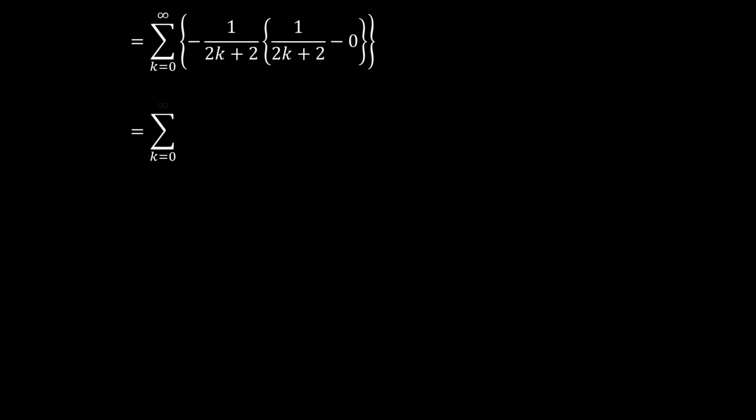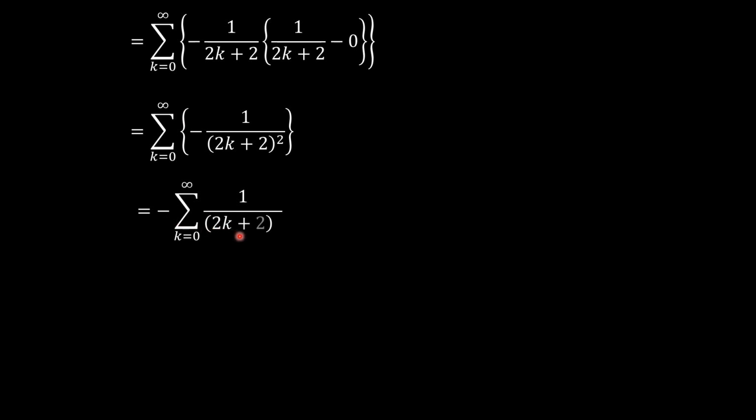So the question now that we have is, what do we get when we sum negative 1 over (2k plus 2) squared from k equals 0 to infinity? Let's just pull the negative sign out. What is the summation from k equals 0 to infinity of 1 over (2k plus 2) squared? This is interesting. Now, we can borrow from the Basel problem, but before we do that, let's just see what